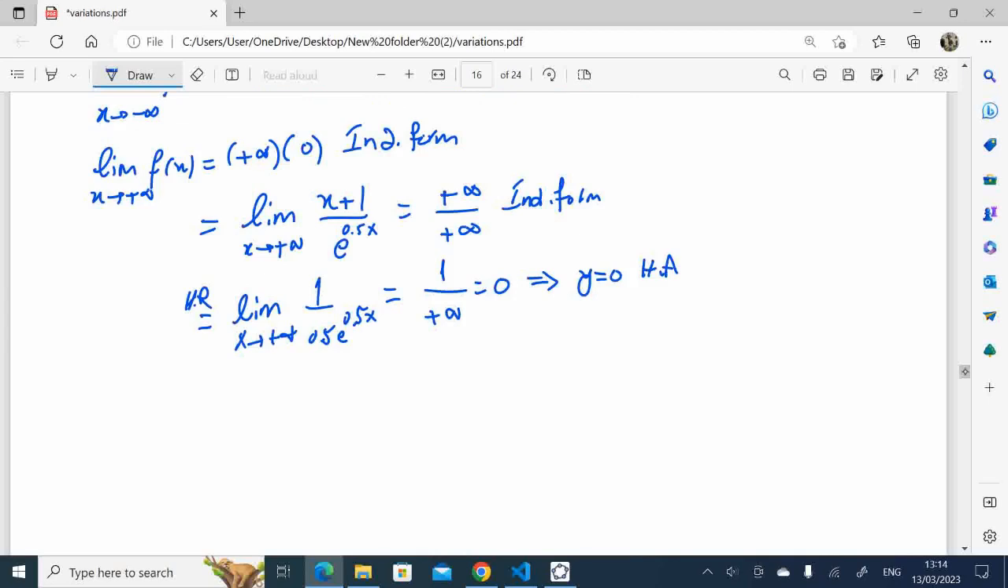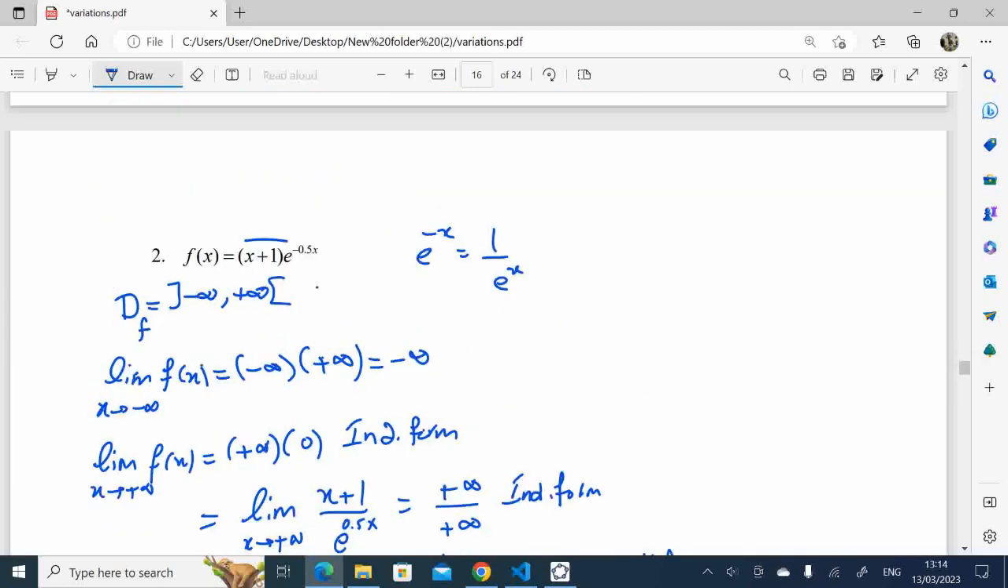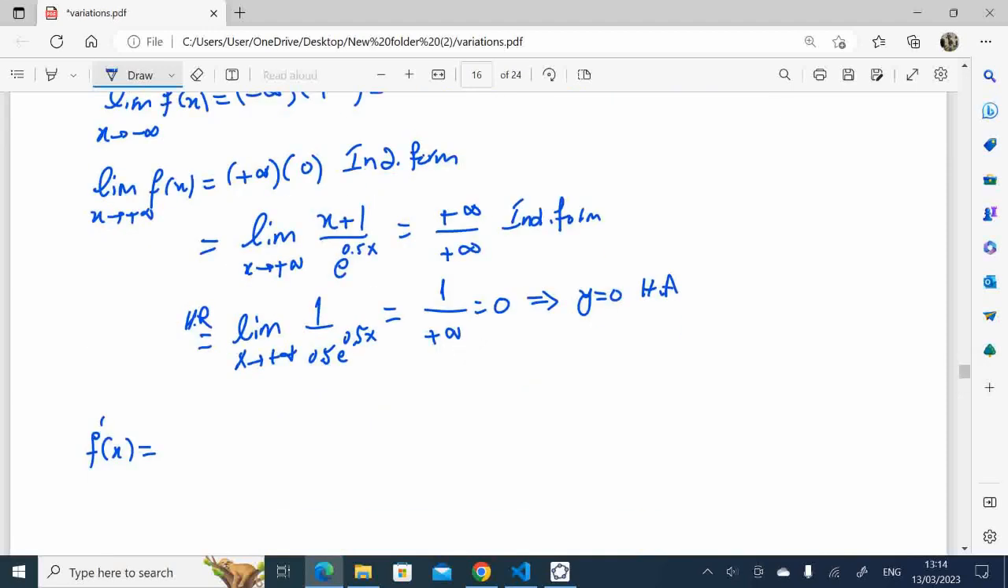So now derivative and table of variation. This is a derivative. The derivative of this function, since this function has the form u times v, this is u and this is v, so the derivative of f will be, according to the rule, u prime times v plus v prime times u. If we apply it, u prime is 1 times v, which is e^(-0.5x), plus v prime, it is -0.5